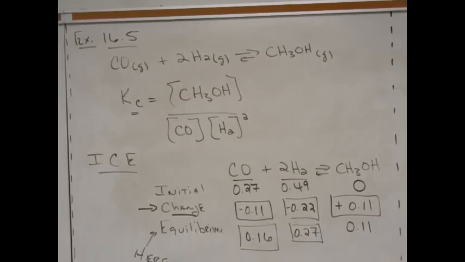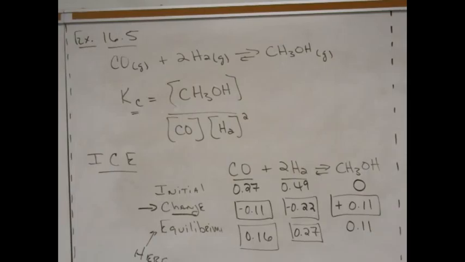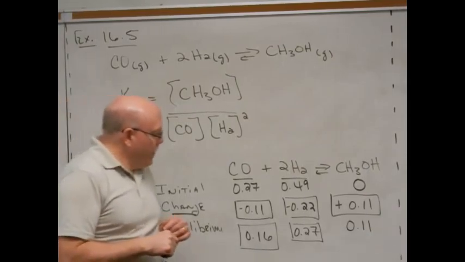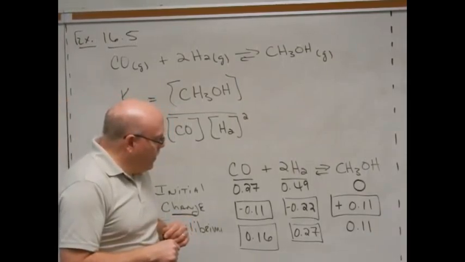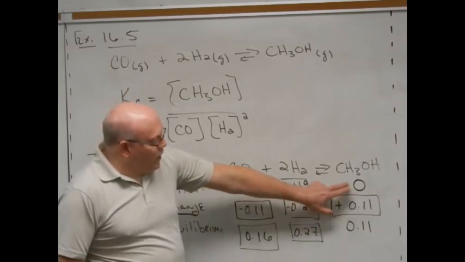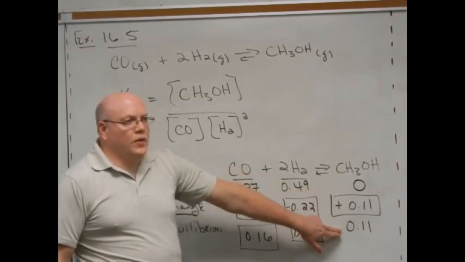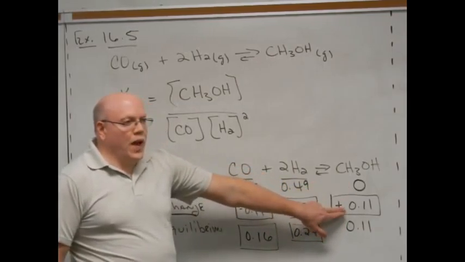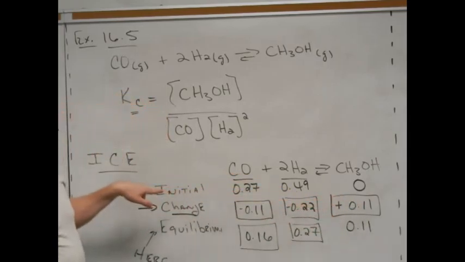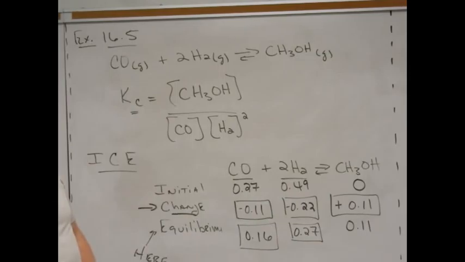You lost me. How do you know that those numbers get the same? Like, how do you know that you're basing it off of the 0.11? Because it's the only one that we know something about. They told us this one, they told us this one. So we had to figure this one out. Once we know this one, we can finish the rest. The C is 1, okay, but then with the H,